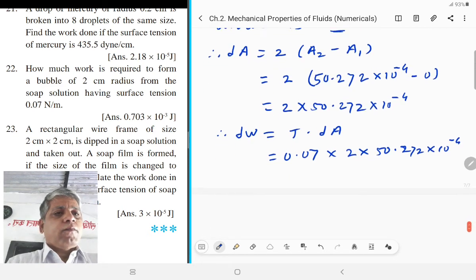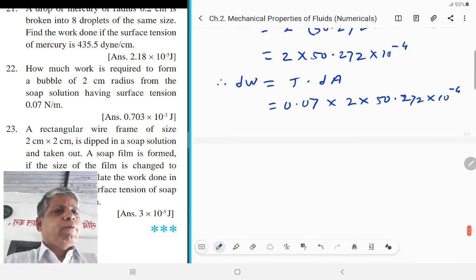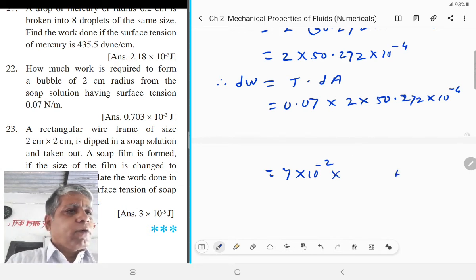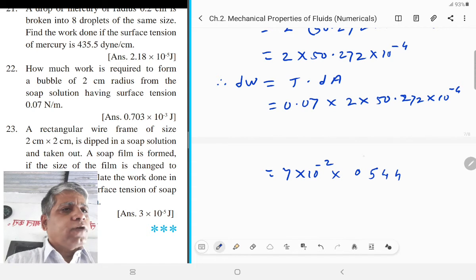If we multiply by this, 0.07 means 7 into 10 raised to minus 2. Now multiply by 2 to this: 2 4s are 8, 2 7s are 14, 4 plus 1 is 5, 2 0s are 0, 2 5s are 10, that is 100.544 into 10 raised to